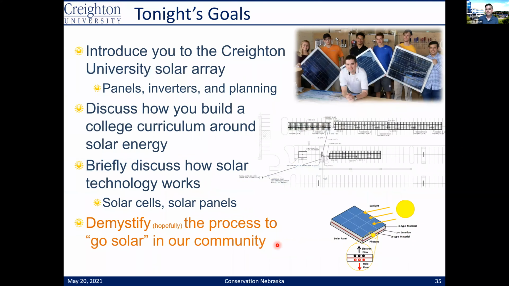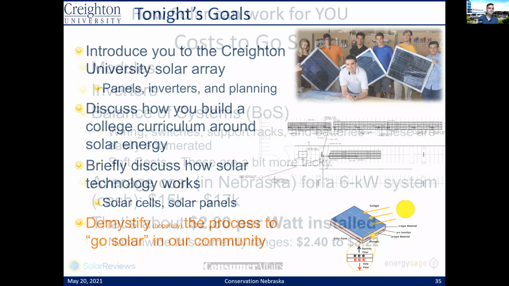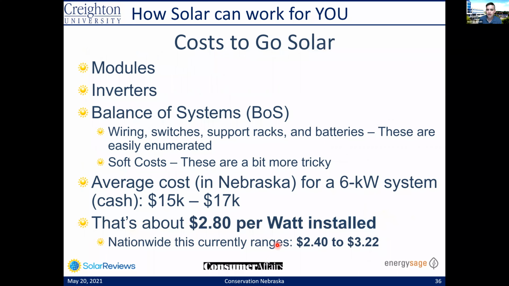All right, so you want to go solar. What is that going to mean? This is going to be the briefest of overviews, but I just wanted to talk to you a little bit about some of the biggest numbers to worry about. In terms of costs, obviously you're going to have to buy the panels, the modules. You're going to have to buy some inverters. And then you're going to have to buy the rest of the stuff, which we call balance of system. So this is your wiring, your racking, batteries if they're required, and then also your soft costs, like your labor costs, anything that's going to be required to actually get permits for this, for example.